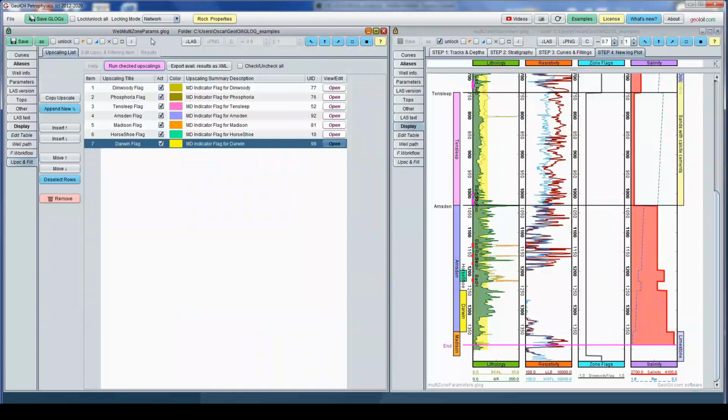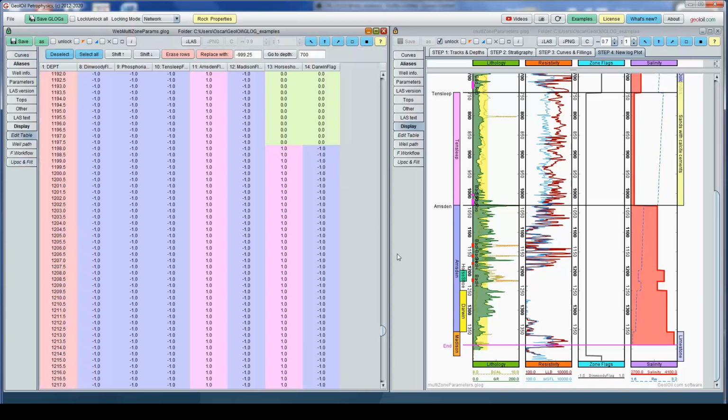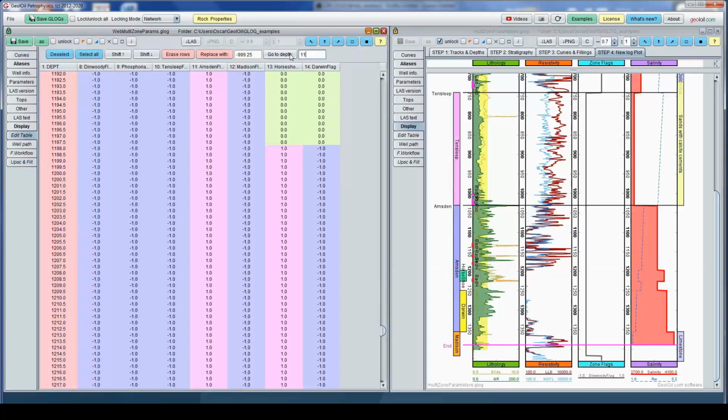Okay, we have now defined Darwin as a member inside formations, and let's see how the curves look. So you highlight all of them, edit table, and let's go around this depth. Let's go 1182.